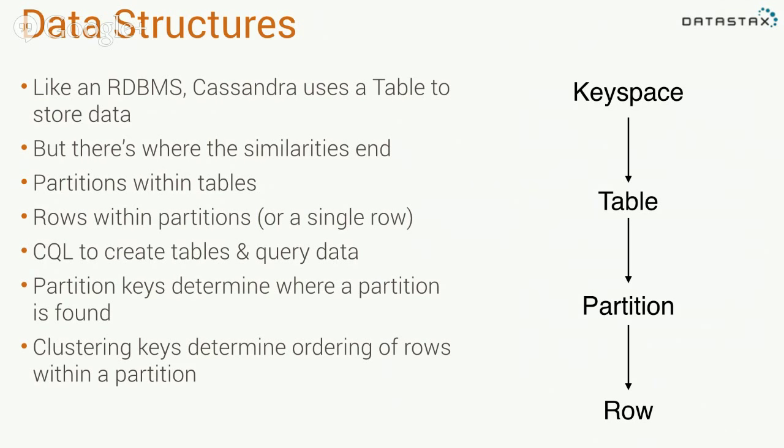So when we're doing our data modeling, we need to be aware of these core concepts. Cassandra uses a language called CQL that takes hints from a relational database, from SQL. You define tables, and you define columns, and they have types. And that's kind of where it ends. At the top level, we have our keyspace, and then we have a table. Within a table, we have something called a partition. A partition is a grouping of rows.